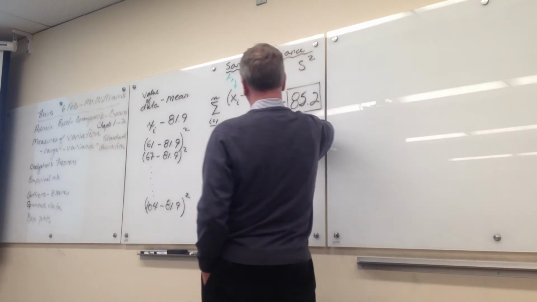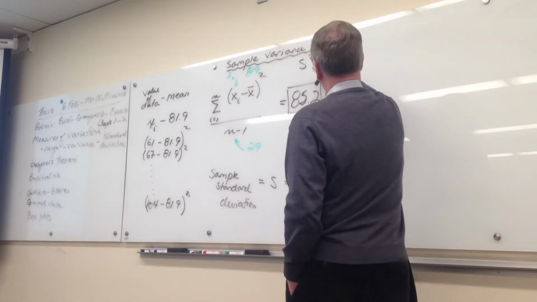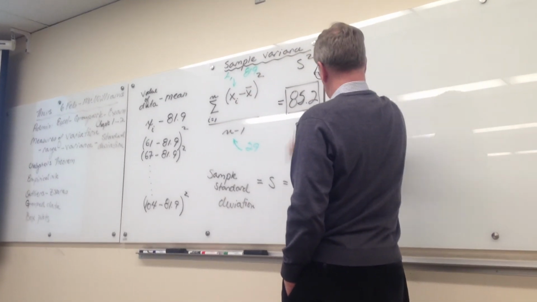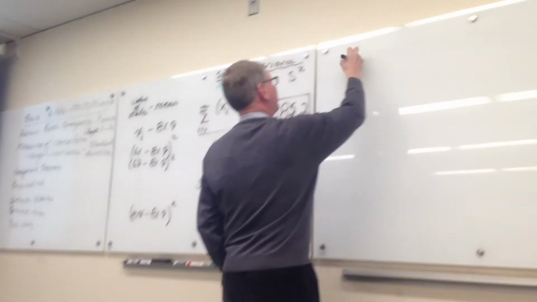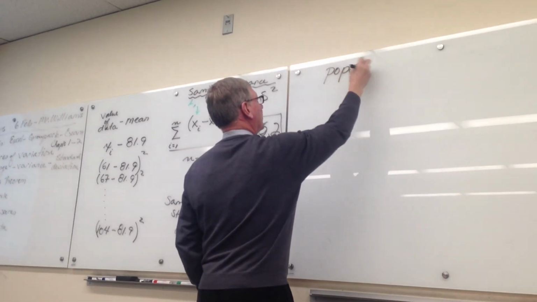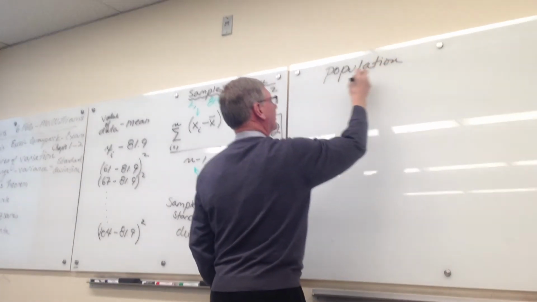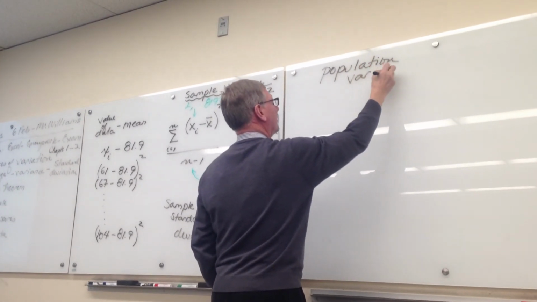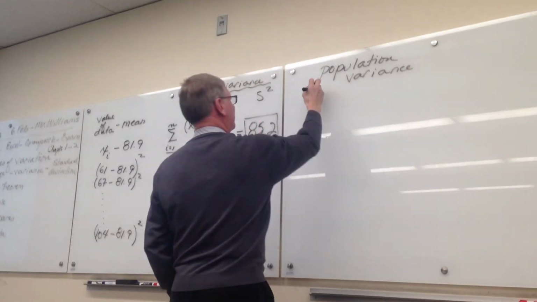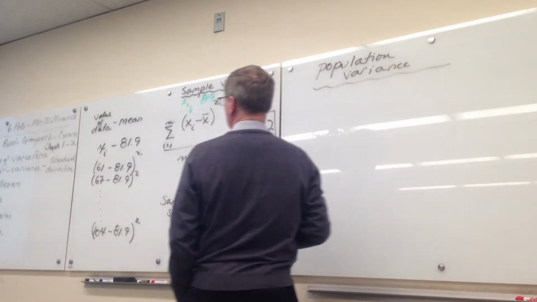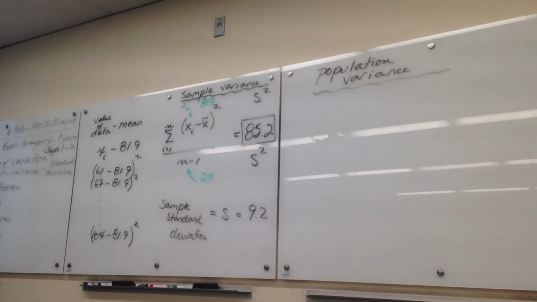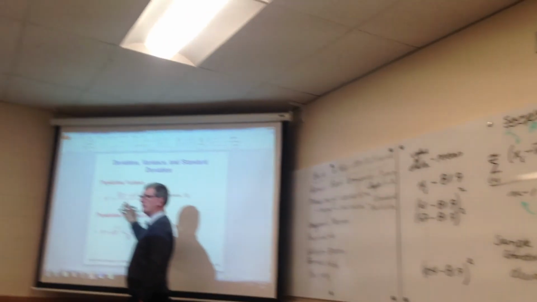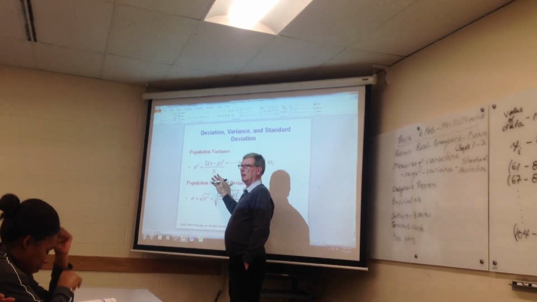The sample variance is S squared and the standard deviation is S. The population variance, and try not to get panic stricken when I say population and sample, the population variance is the same formula, except there's